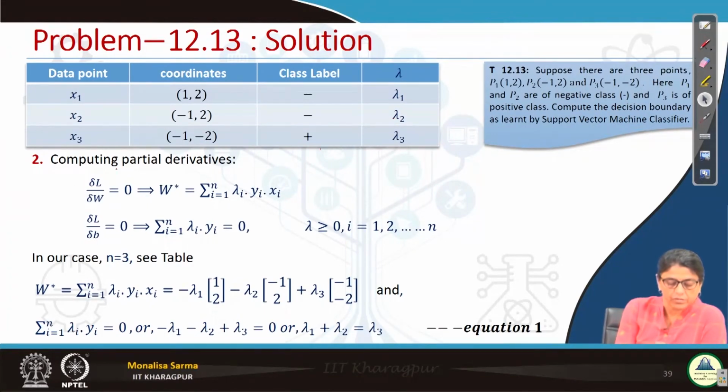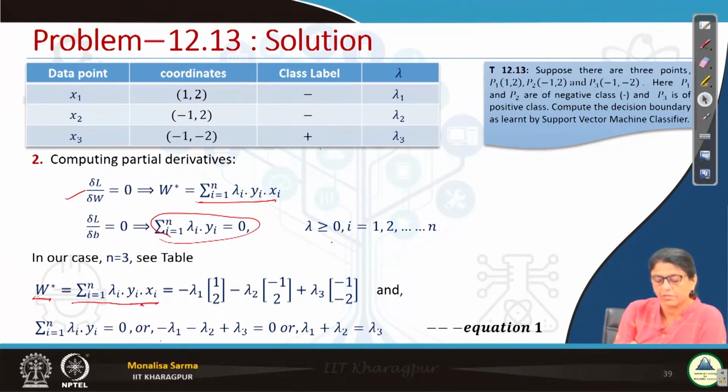Now, this is one KKT constraint, del L by del W. We already know the sum of lambda i yi should be equal to 0. In our case, n is equal to 3. So we have to find what W is. We know the formula for W. Yi will take the value either minus or plus. Similarly we find the values for W, and there is another expression, lambda i yi